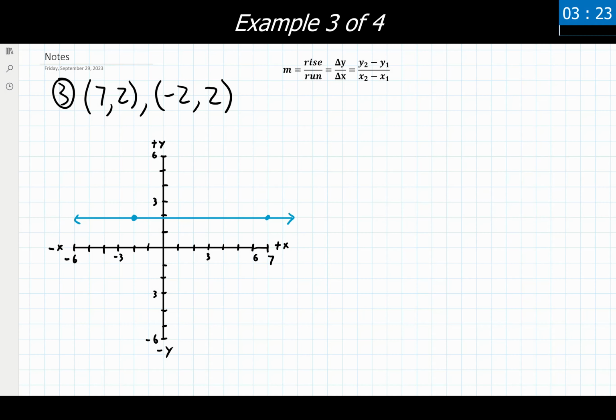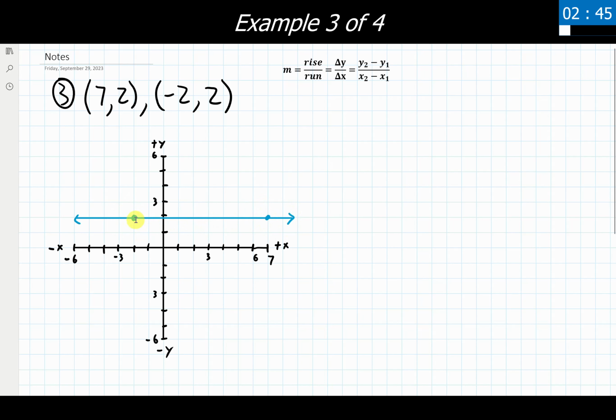Our third example is when we start to get into the two weird cases that can and do pretty regularly show up with slopes of lines. So we've been given the points 7, 2 and -2, 2. We'll look at this and we're noticing that this is creating a horizontal line. We're still going to use the same idea of solving this graphically, but there's a little bit less work that's going to need to be done with this. So we're still choosing our starting and our ending point. We'll say let's start in this left point and we'll end at the right point.